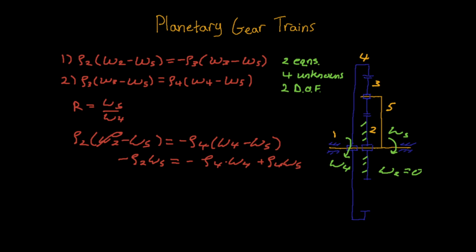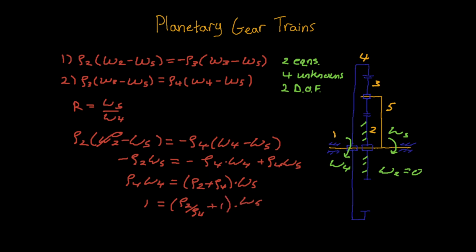We can move a few terms around and get rho 4 omega 4 is equal to rho 2 plus rho 4 times omega 5. Let's divide by rho 4 omega 4 to get 1 is equal to rho 2 over rho 4 plus 1